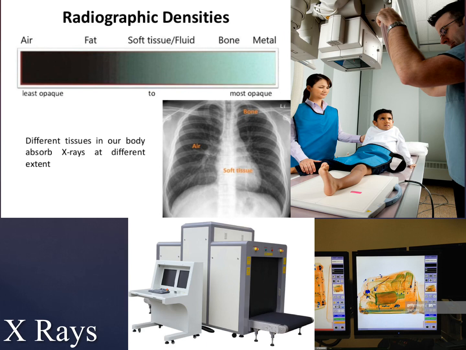But too much exposure to X-rays can also be dangerous because it can damage or kill your living cells. A patient getting an X-ray may wear a special apron. This apron is used to protect the parts of your body that do not need X-ray exposure. These aprons are lined with lead because X-rays cannot pass through lead, as you know.